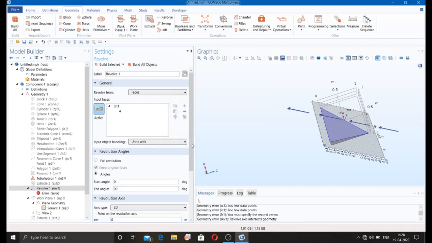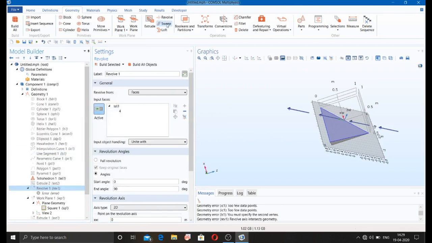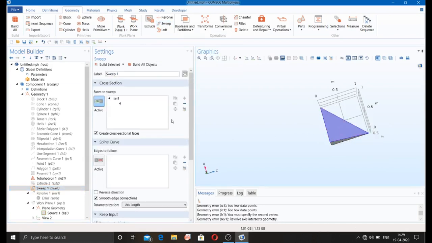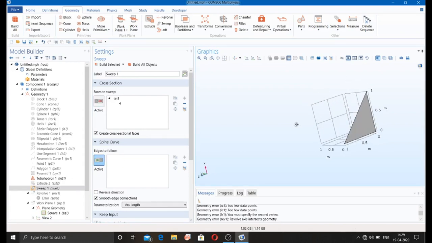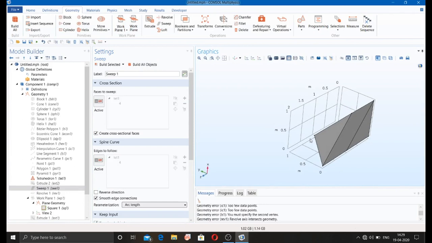There is something wrong with this. After this, select sweep. Sweep. Loft 2D section into 3D geometry. I will tell you later about this particular command.